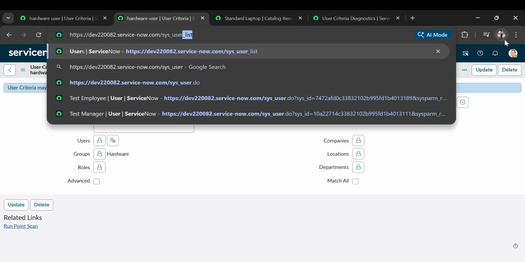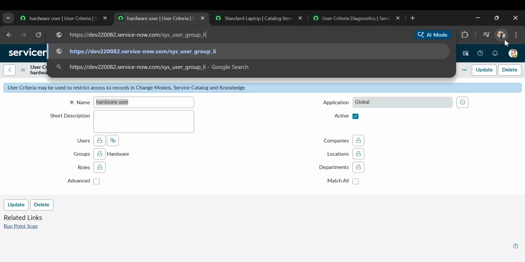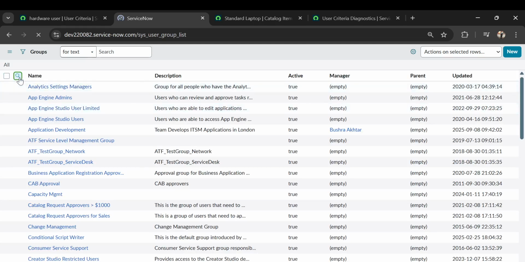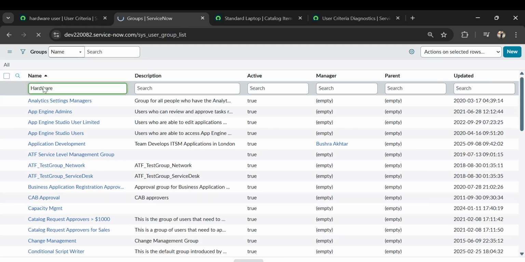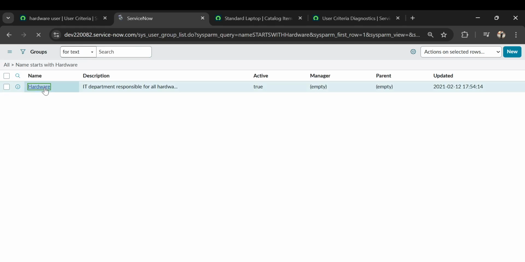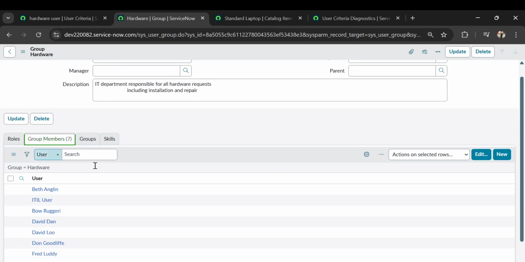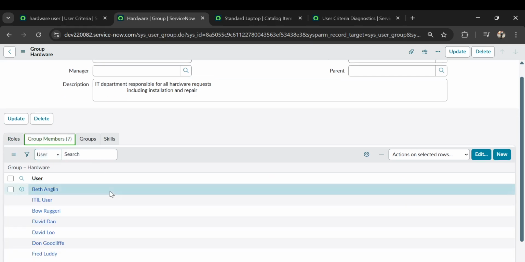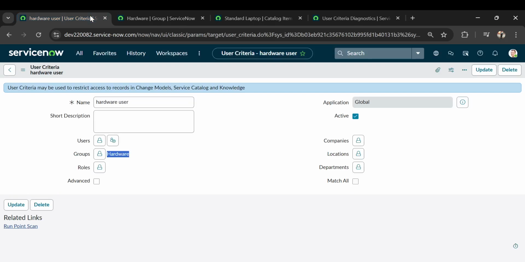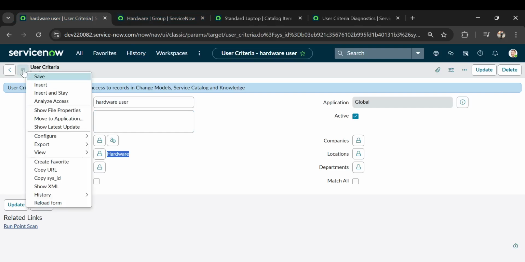So in this user group, I search for a group called hardware. Here we have the hardware group, and if I search it, it has the group member called 7. So all these, like Beth, ITL, are members of this group. So I did create one criteria with the group hardware. Now if I save it,